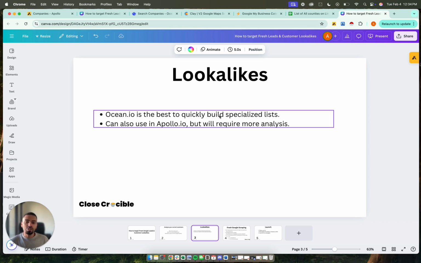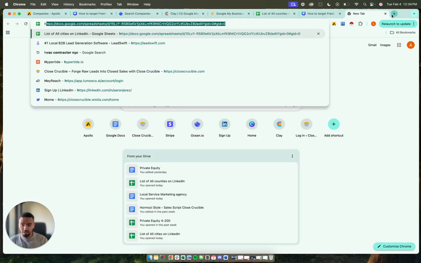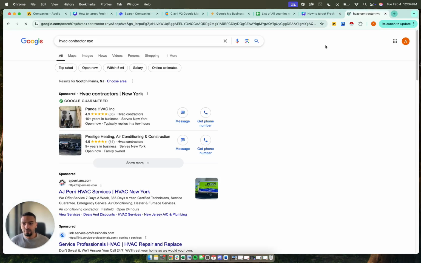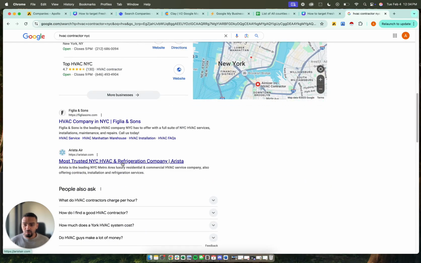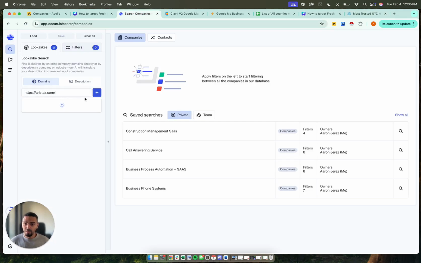All right, and then onto the lookalikes. So Ocean.io is actually the best software to actually find lookalikes. It is quite pricey though when you're looking to build this, but let me go ahead and pull that up so you guys can see how it looks. So say I wanted to find a lookalike for, let's make up an example here. I'm just going to pull up any website. All right. So I would put in their domain here